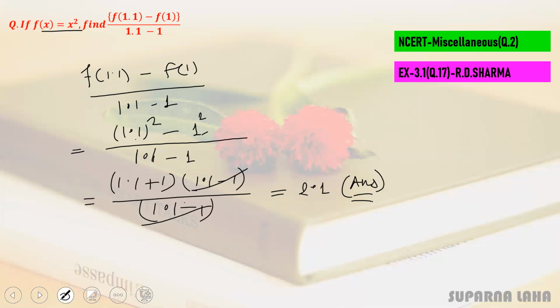So I hope what is a function, which one is a relation and which one is a function, that is, the difference between function and relation, is clear. So next class we will talk about the range and domain of a function and how to find the range and domain of different types of functions.